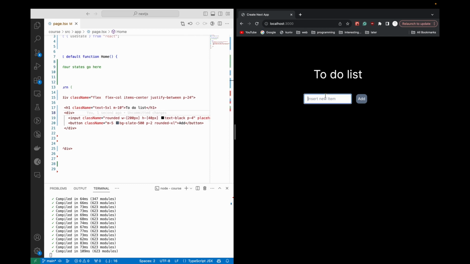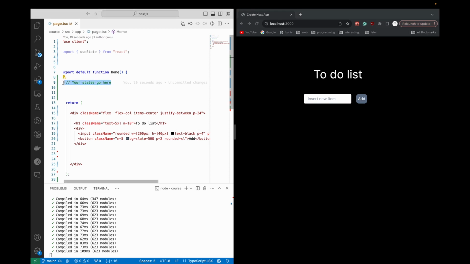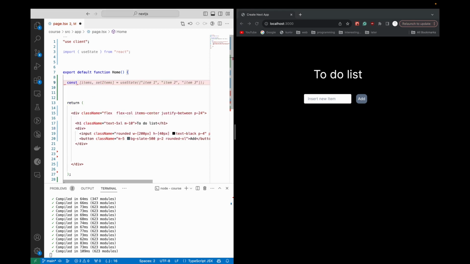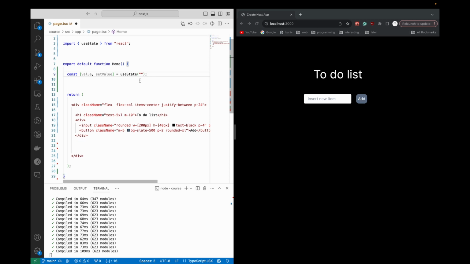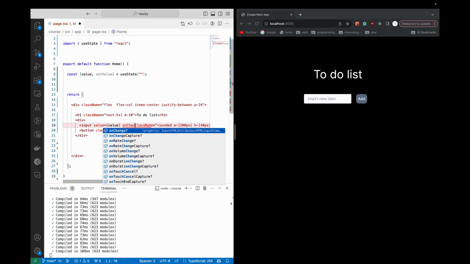Okay, so how do I get the text inside of this input? One of the ways to do it is by using state. I can say value, set value. Okay, thank you for helping me, Copilot. Okay, so I can set the input value to be equal to value. Okay, so this variable right here, and then on change